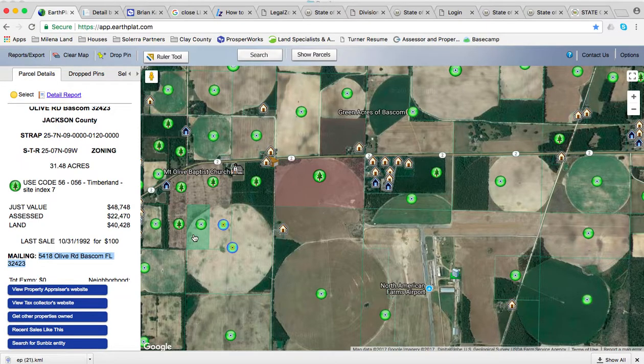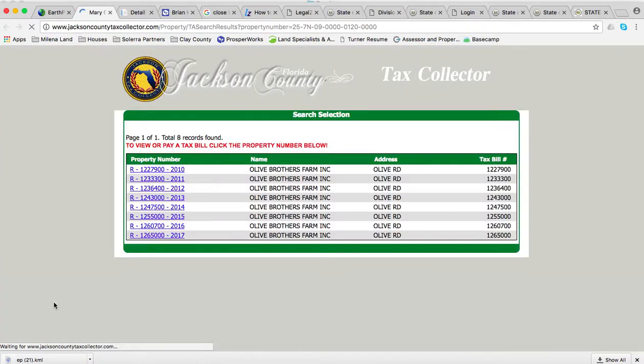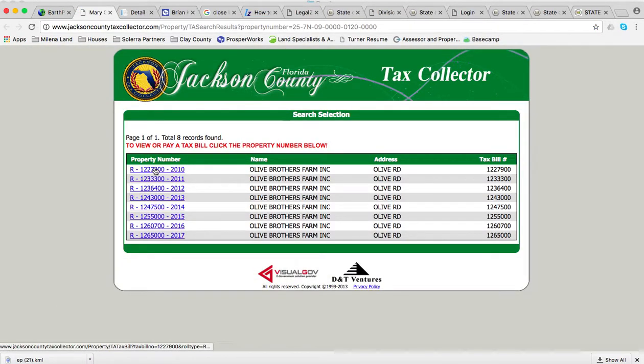Okay, let me see what else. Just as a note, because I may have you do this in the future, you can also click on View Tax Collector's website. That will bring up the property tax information. And each county is a little bit different, but generally speaking, you can go and find the property number. The numbers on the far right side here are the year. So in this case, you've got property